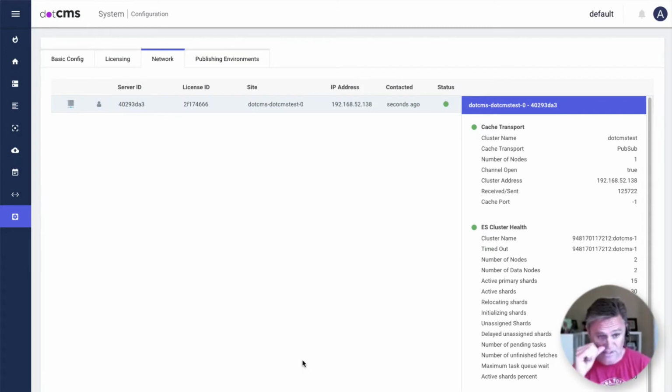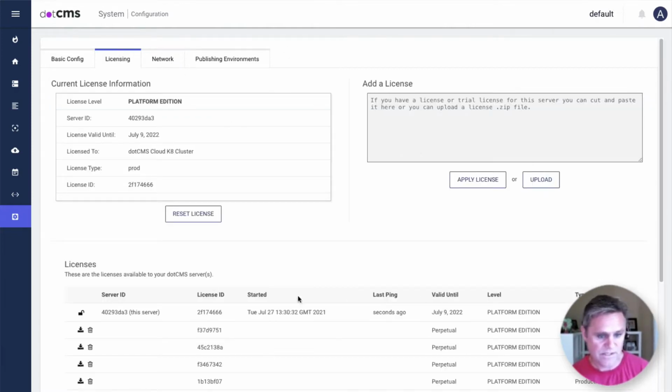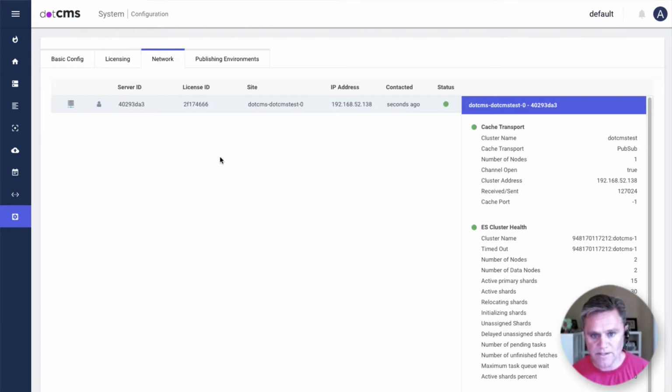I'm the CTO of .cms, and I wanted to share with you the new cluster wiring framework that's been built into .cms 2106. Just a quick demonstration of how it works. What I have here is a single .cms instance running in Kubernetes, in Amazon's EKS. If I come to the networking tab, which is familiar for anyone running .cms clusters and tells you the health of the cluster, you can see the cache transport has been updated to pub/sub. This is the new cache transport and cluster wiring code that's been built into